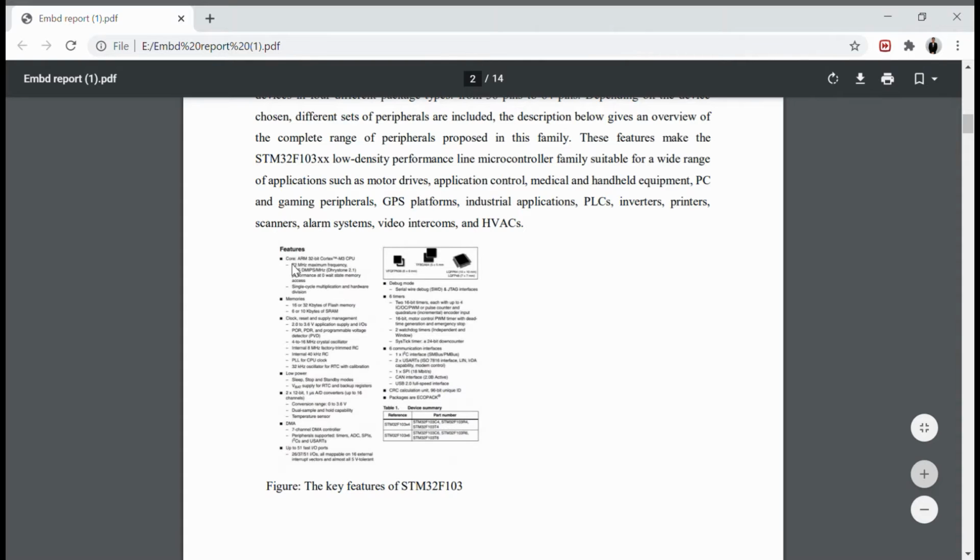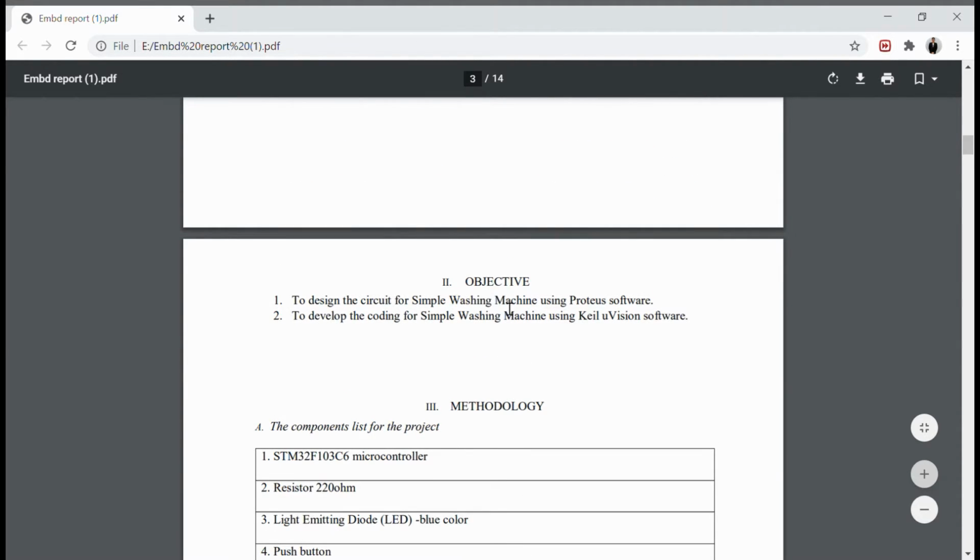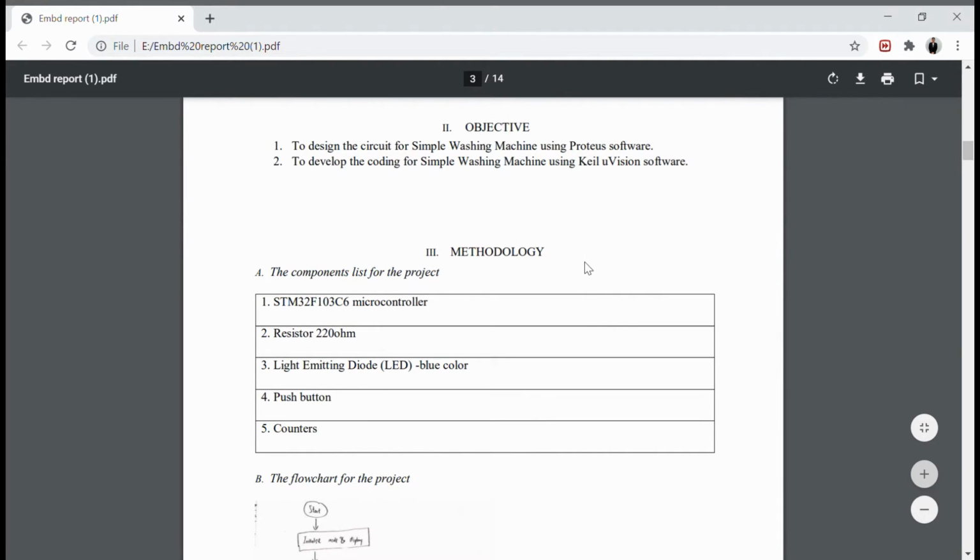The STM32F103 low density performance line family includes devices in 4 different package types, from 36 pins to 64 pins. Here are all the key features of the STM32F103. We can see the explanation: core, memories, clock, reset and supply management, low power, until the packages, which are ECOPACK. Our objective for the project is to design the circuit for a simple washing machine using Proteus software